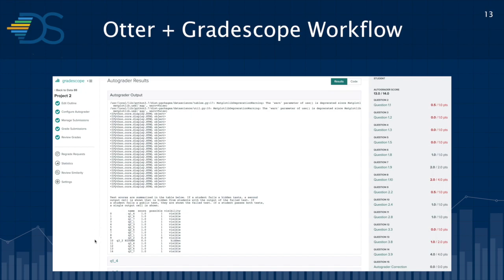If a student fails a public test, then it would just be a 0 out of whatever, and the visibility is visible. But if a student passes a public test but fails a hidden test, then there are two rows in this data frame. One shows that there is a visible test worth 0 points that was passed, and another of a hidden test that's worth the actual number of points but was failed with a 0,